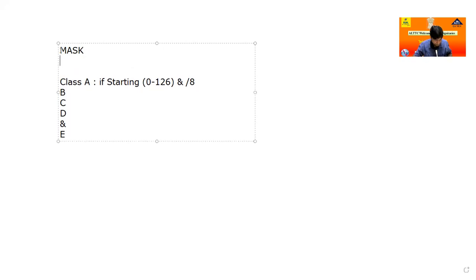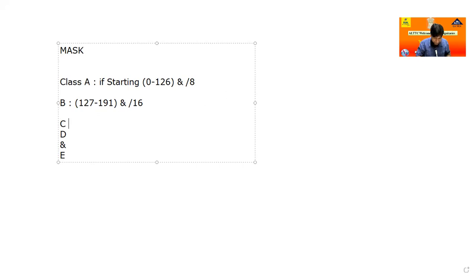Class B IP. Which IP is class B? Class B means the first number belongs to 127 to 191, and /16. If you write an IP address like 10 dot something, its starting digit tells you the class. If it belongs to 127 to 191, you can easily identify it as class B, and /16 is also mandatory. They are not separate. Both combined must be followed, then it will be that class.